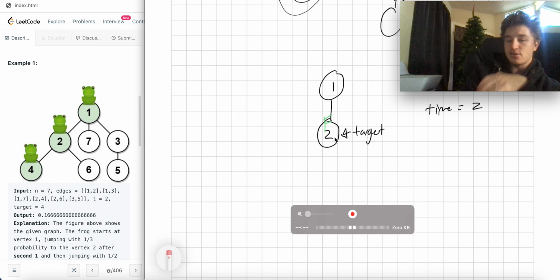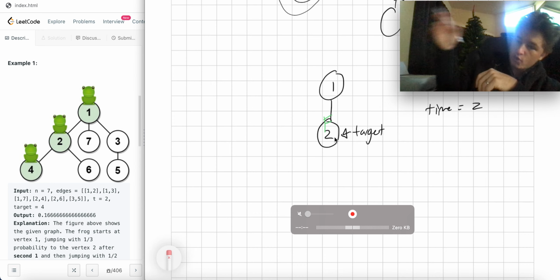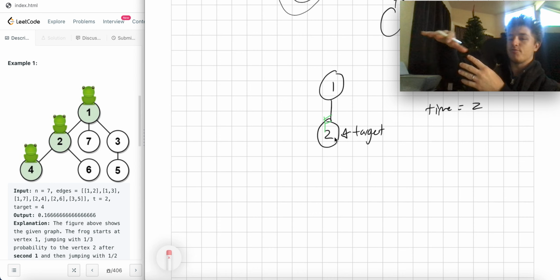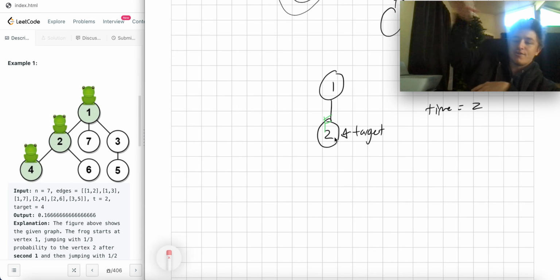And then after another second, you'll still be at the target. So we could run through additional transactions, but we know for a fact, if we're at a leaf node for the rest of time that's remaining, we'll still be at the leaf node. So if we reach a leaf node, we don't need to keep traversing over and over again